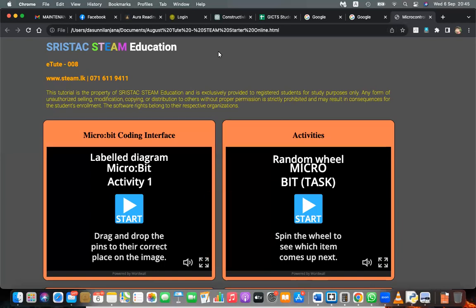So mostly we will finish the tute, and we have a few things to do in the tute. But once we finish the tute, we will be moving to the physical activities. As I said, in the physical activity part, what we are going to do is